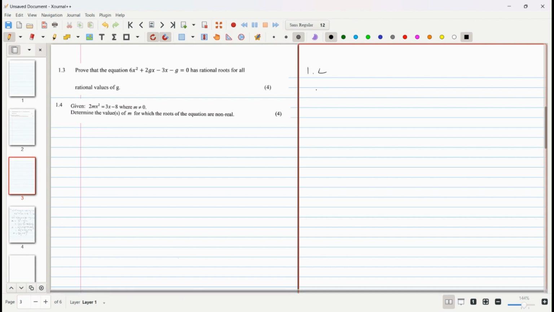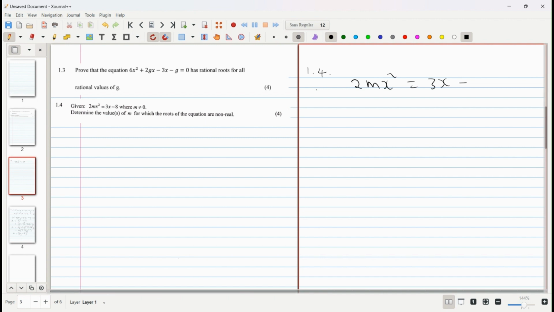So 1.4 is the same question as well. So in this case, we need to determine the values for m for which the roots of the equation are non-real. Okay, so what we need to do here, we have 2m squared, mx squared equals